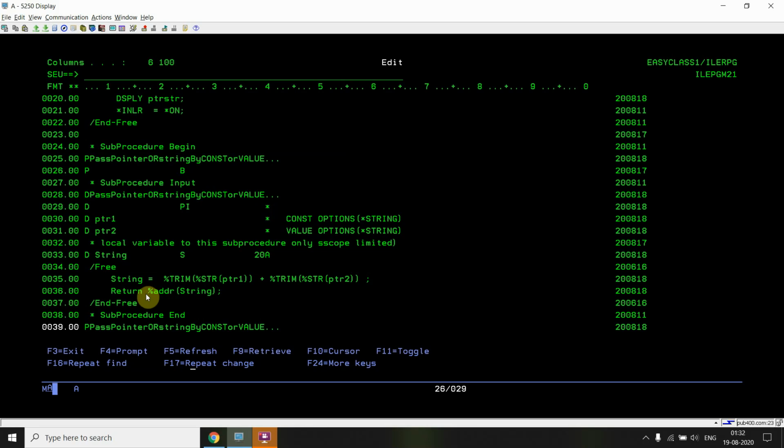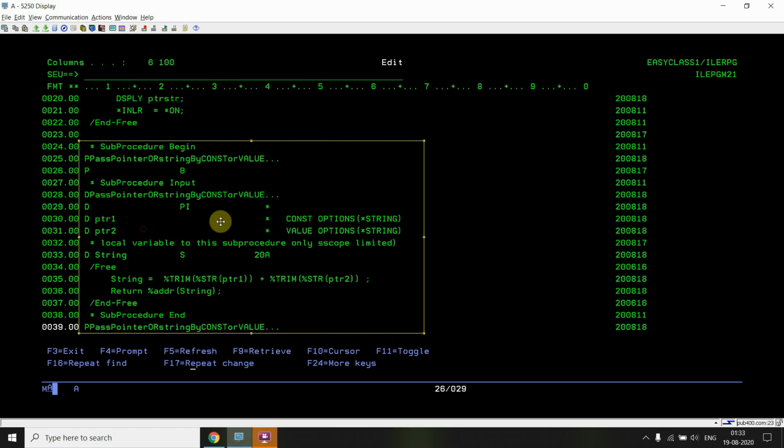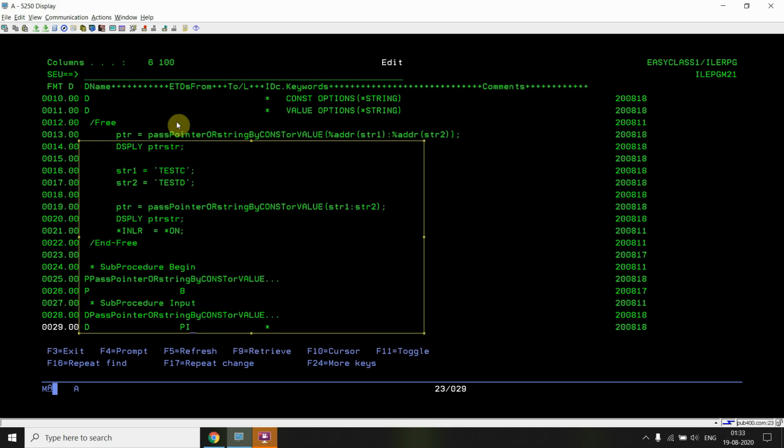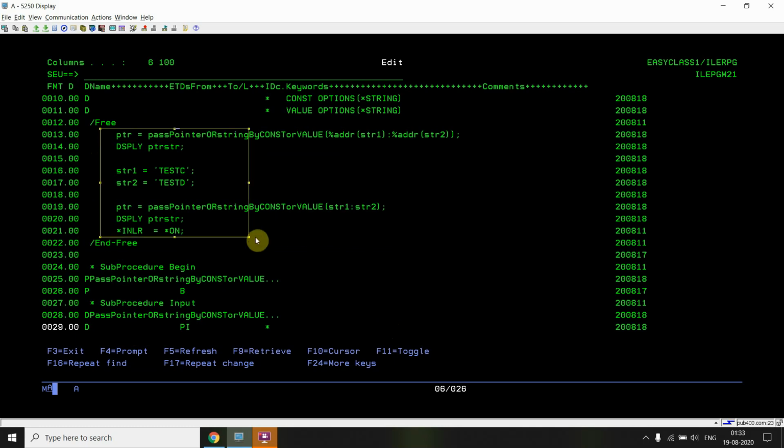So it will return the address of the string variable to the caller. This is the procedure body and procedure interface. Here we are accepting two pointers or strings and we are returning the pointer. Now this is the call in the main procedure, you can see. The first time I am passing the address, and the second time I'm directly passing the string.